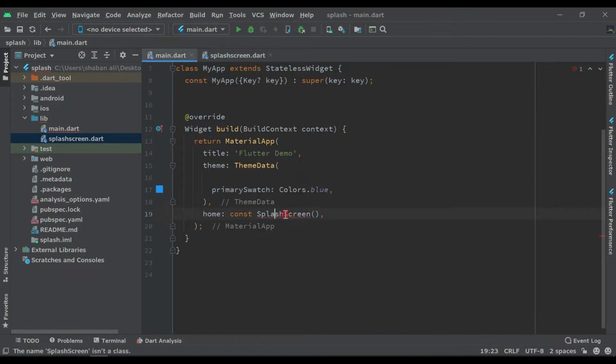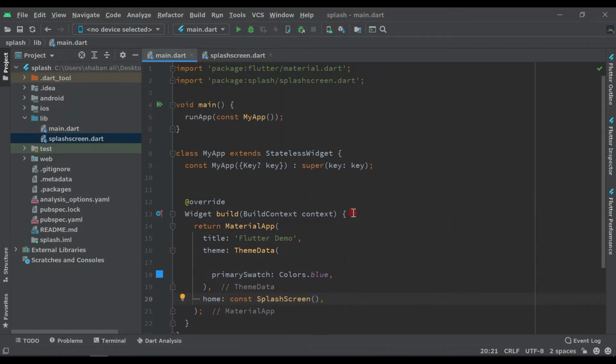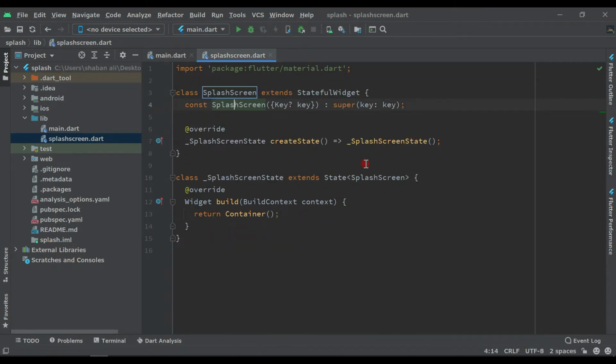As you can see, the spelling should be the same. Now click on this and import the package, and as you can see the error has gone and we have imported this page here.